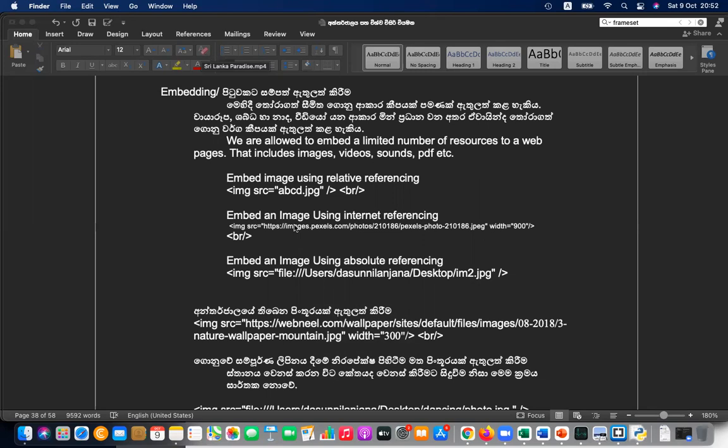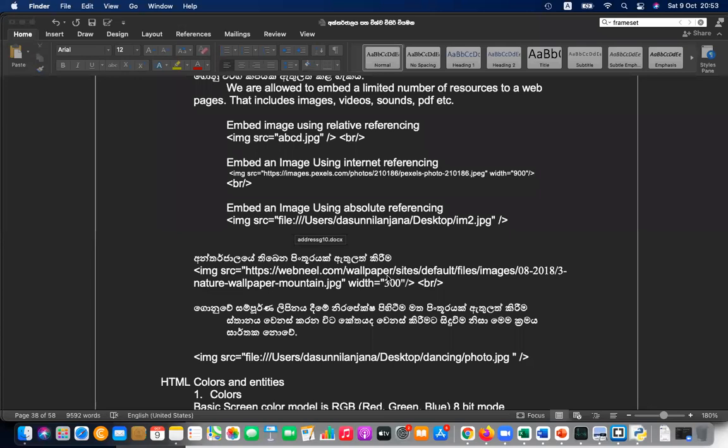Okay, so let's see how videos, sounds, and PDFs can be embedded. Some websites embed PDFs, but for things like Word, Excel, or PowerPoint files, embedding is quite difficult. Maybe you have to write a special script for that, or browsers support only a limited number of file types, not everything. Embedding everything is not possible because it's risky to embed some files. For example, executable files, exe files, are risky to embed, so browsers avoid that. But basically,